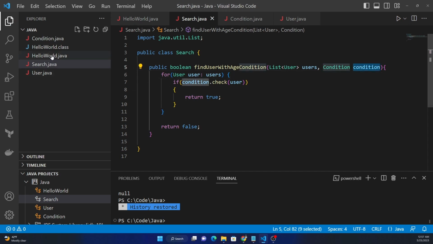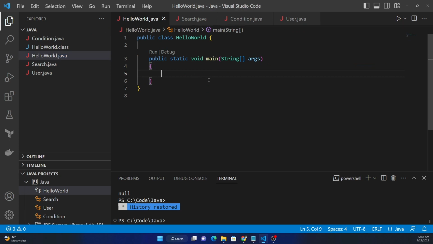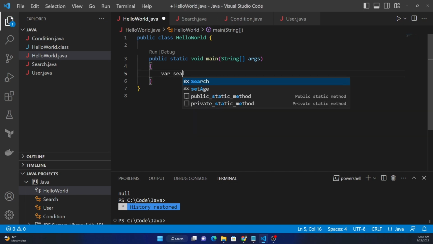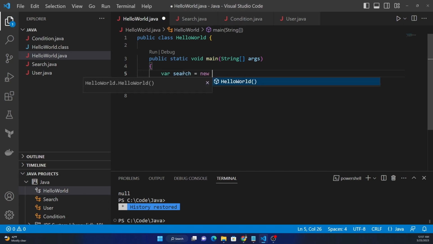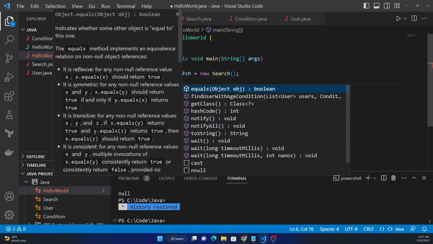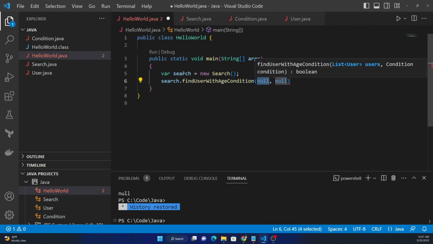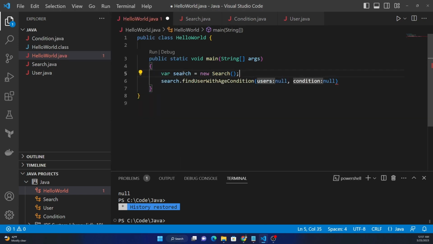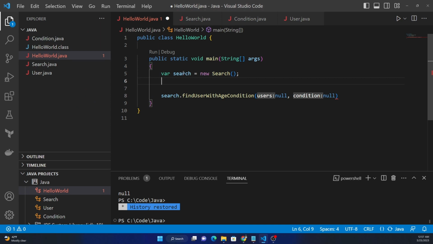So at this point in time, if we go to here in the main, what we want to do is we want to call this method. So we can say search, and then we'll do search.findUserWithCondition. Now we have to pass a user list. So for that we can say